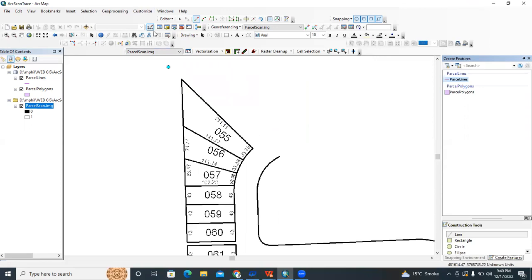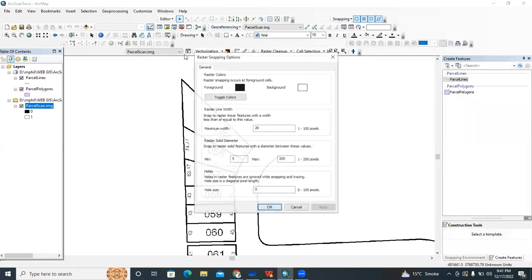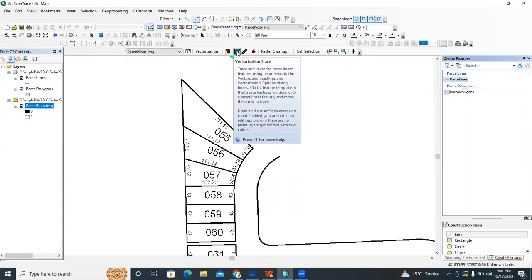Okay, I missed one step over here. Start editing. To start editing again, and then this option. We need to set this width to 7. Okay. Now I'm going to this bookmarks, baseline, parcel line, and then I am going to use this option, vectorization trace.